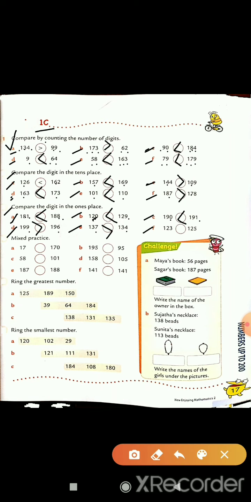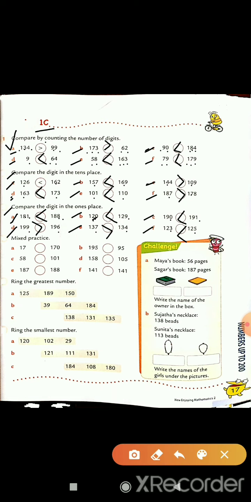Next, F. 123 and 125. At the ones place, in 123, 3 is there. And at the ones place in 125, 5 is there. So 5 is greater than 3. So 125 is greater than